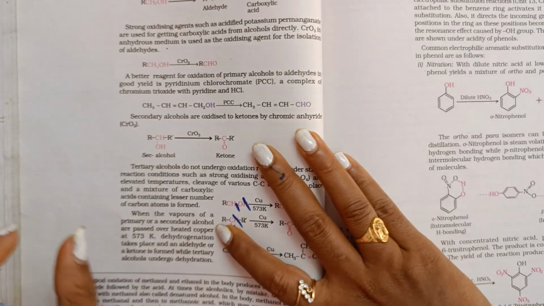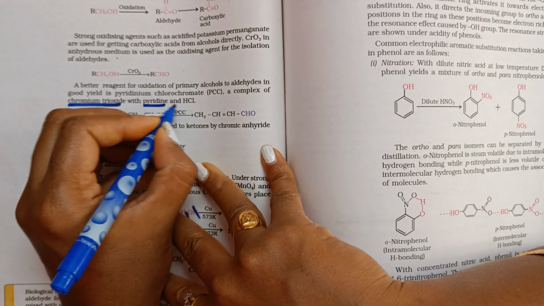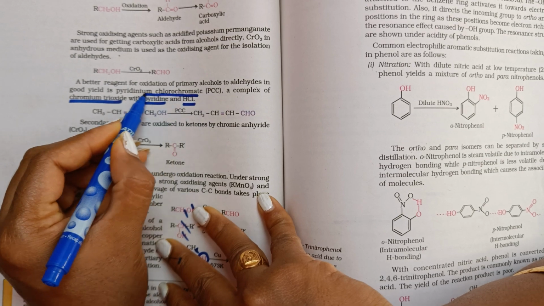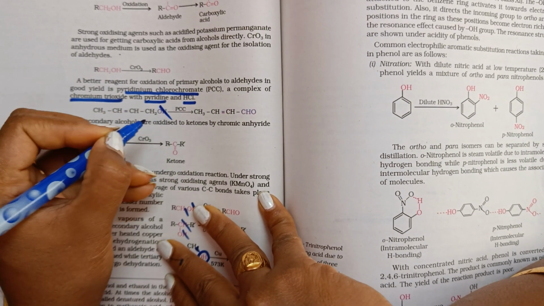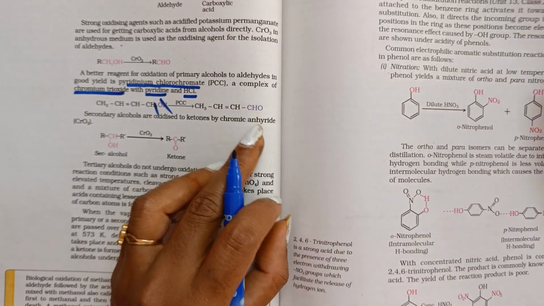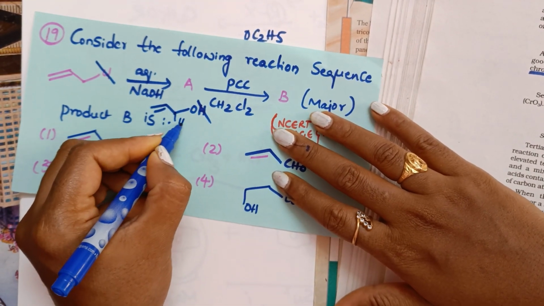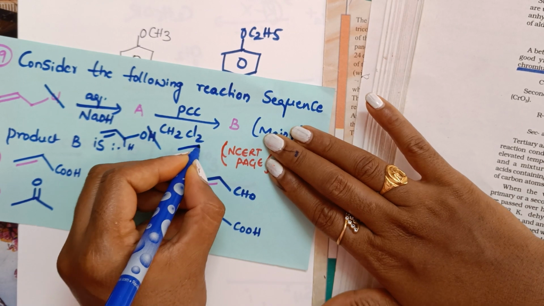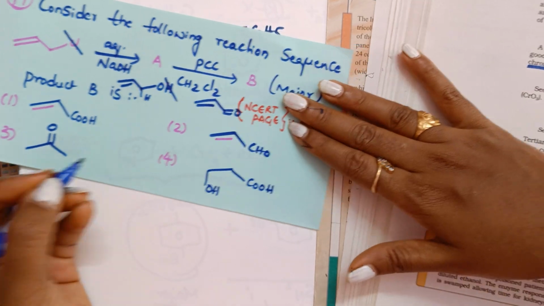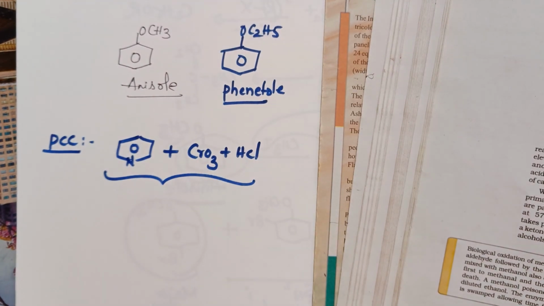See this reaction. When you put CrO3, chromium trioxide, with pyridine and HCl, if you keep this combination, it forms PCC, pyridinium chlorochromate. What we'll do is remove one H from here, one H from here. See how easy it is? Then you have to keep CHO. Understand? Now remove this H from here, one H from here. Then you will get the product CHO, C double bond O, nothing but CHO. That is option number 2. From alcohols you are getting aldehydes.